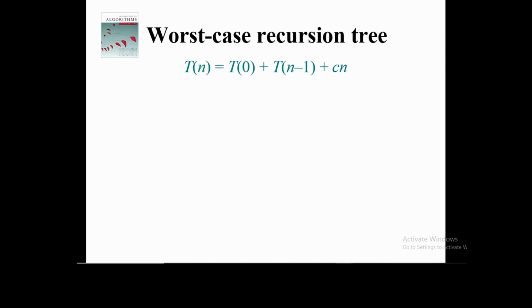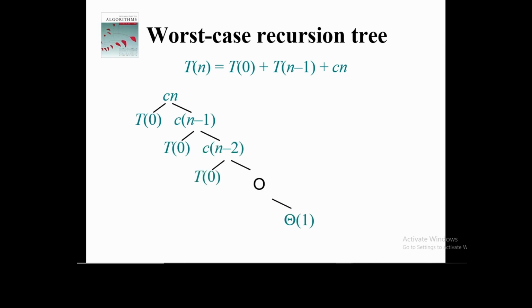This here in the slides, it is solved in the form of a recursion tree. Every time there will be a list of 0 size and Tn-1 size like this. So C of n will be the root here, and it will come in the left side, and it will come in the right side. So it is like this again and again, and at the end it will be divided into a list of 0 elements. So we can write it like summation of k equal 1 to n k, which is nothing but a summation of first n natural numbers, and the complexity will be theta of n square.